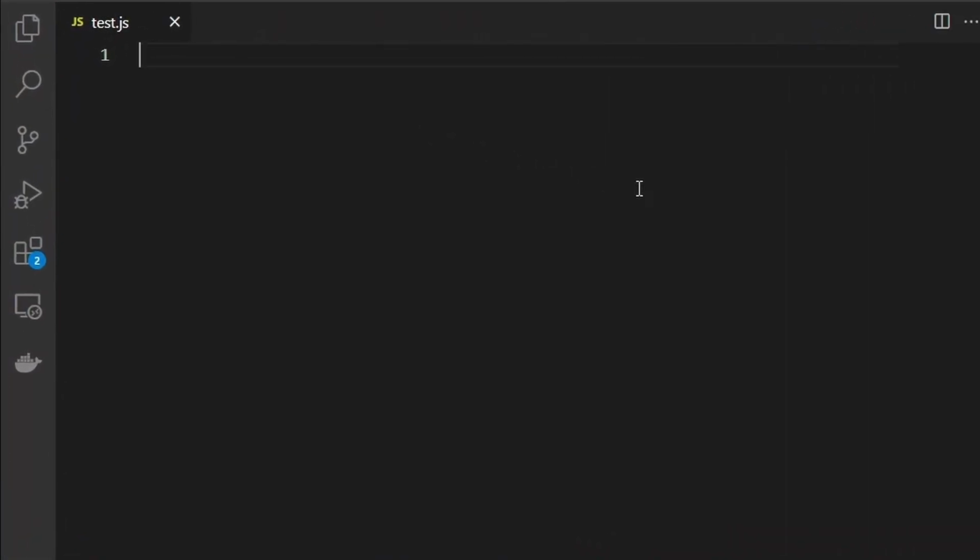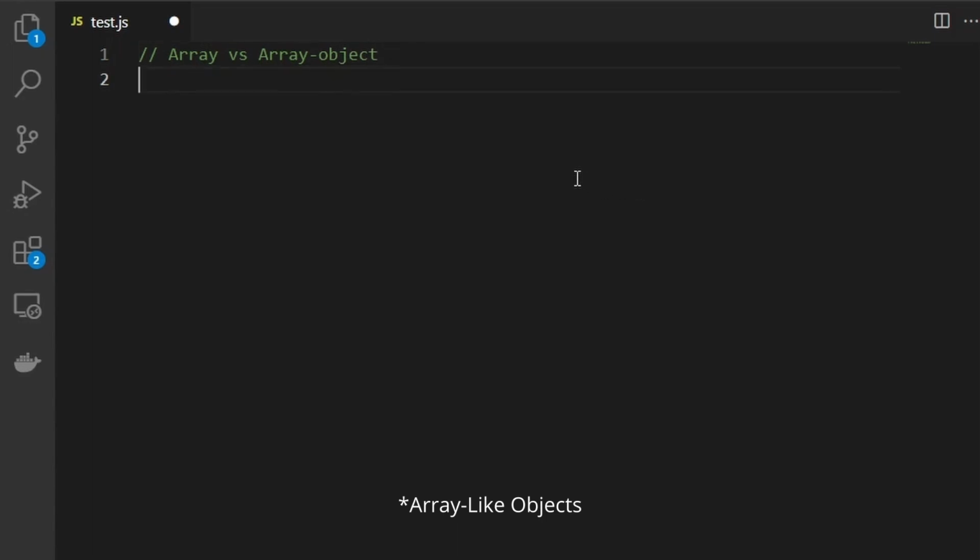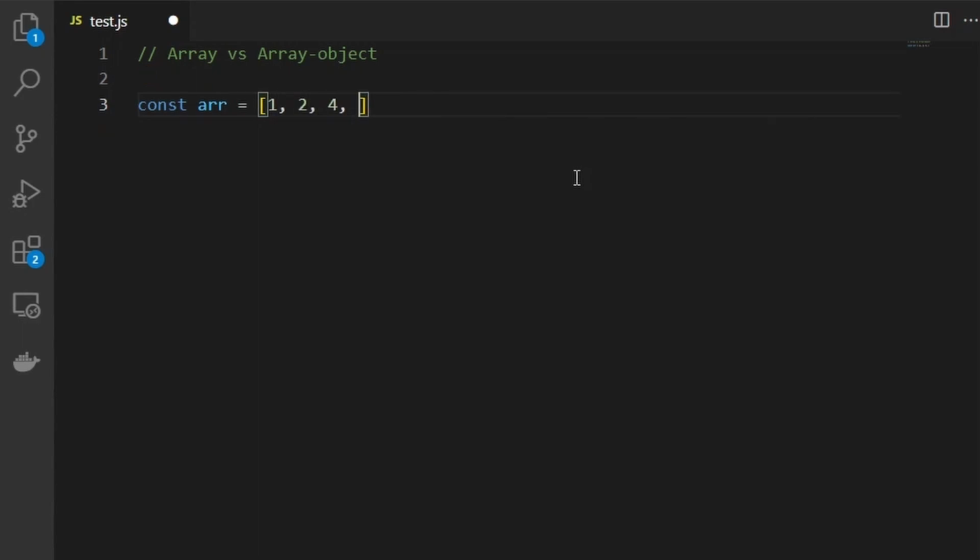Hi all. So today we'll talk about what is array versus array objects. We have a fair idea of what an array is. Anything of this kind with the values bound between those square brackets. This is an array, and the value could be anything from numbers to